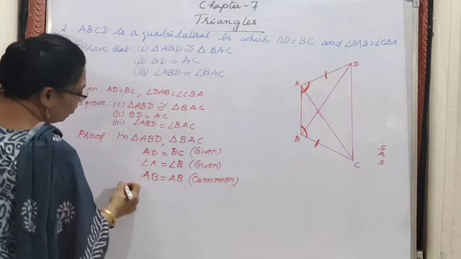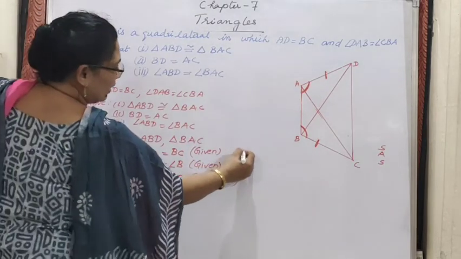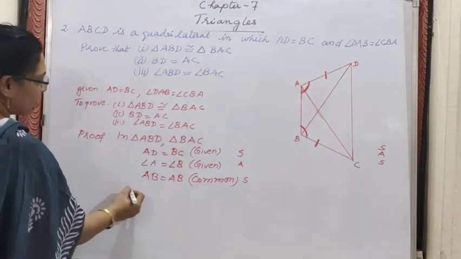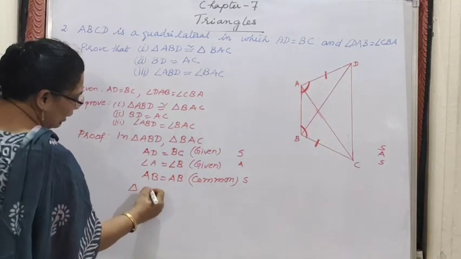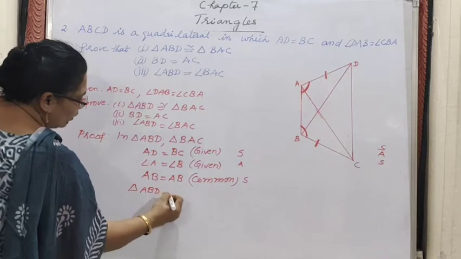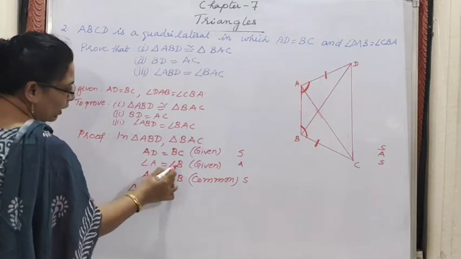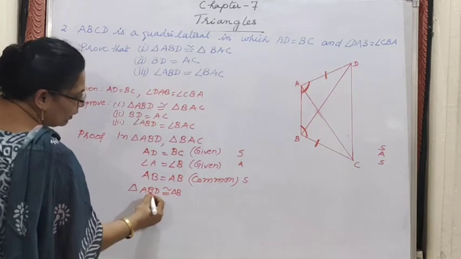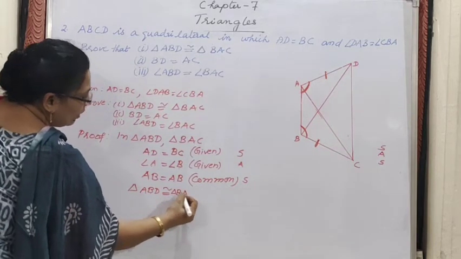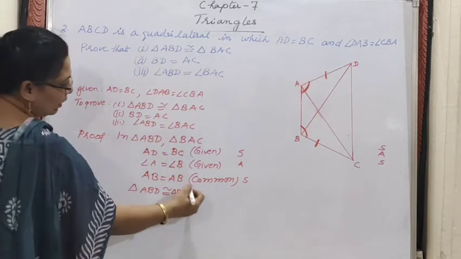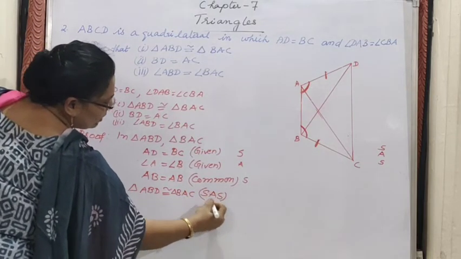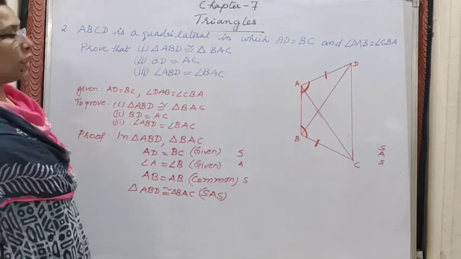Okay. Now by using this one, side, angle, side. So what is the criteria we can write? Triangle ABD congruent to, for A it is B. So definitely for B it is A only. Next, what is the left side? BAC only. Criteria SAS. Again we must check that angle is included or not.